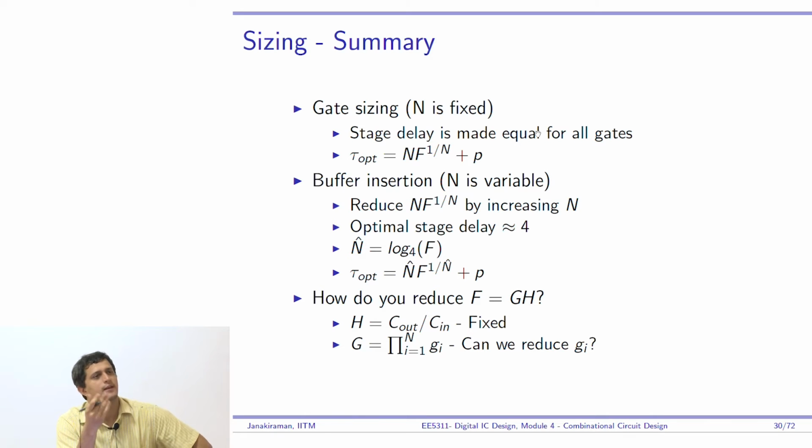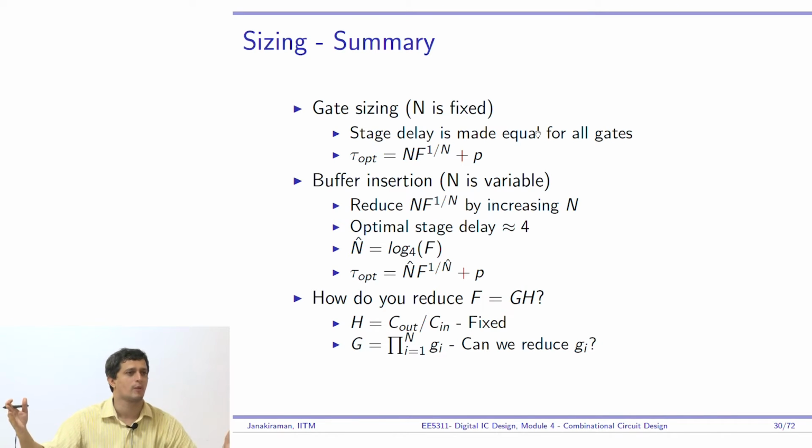So further we said that if you want to reduce the delay of your circuit or of your path any further, the only way is to reduce the logical effort, because the electrical effort H is simply output capacitance by input capacitance. It is fixed. Nothing you can do about it. You are given a load, you are given the first gate's input capacitance. You anyway would not want to upsize that too much. You make it unit gate, right? So you take the ratio, this is fixed. The only way you can reduce the delay any further is to reduce the logical effort of each gate on the path. So in the rest of the module, that is what we are going to look at.